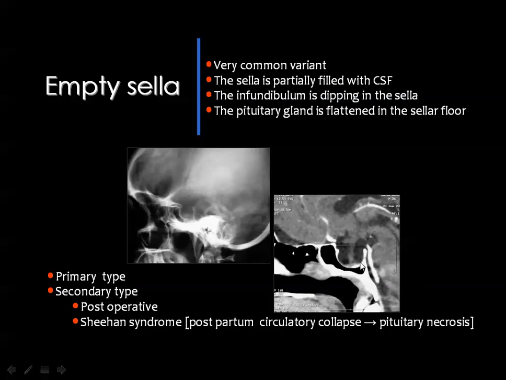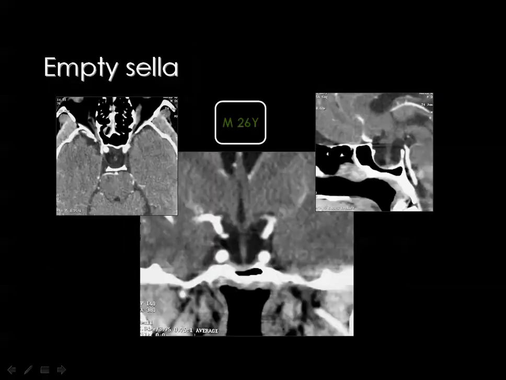Usually the infundibulum is attached to the upper surface of the pituitary gland at the level of the posterior clinoid. But in cases of empty sella, the CSF is increased, the pituitary gland is flattened, and the infundibular stalk is seen going deep inside the